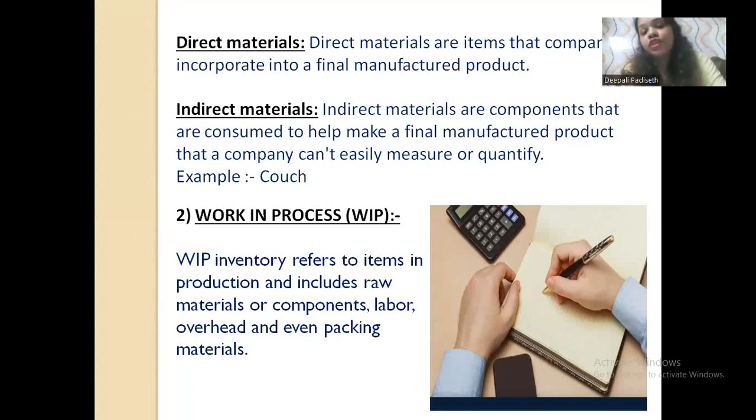For example, if a teacher tells you to write an essay, then the essay is your final product. What you will use to make that final product is a book and a pen, so the book and pen are the raw material. When you start writing, that becomes work in process. You keep writing until you get a final product, meaning when your work is finished, you will receive a final product and submit that work to